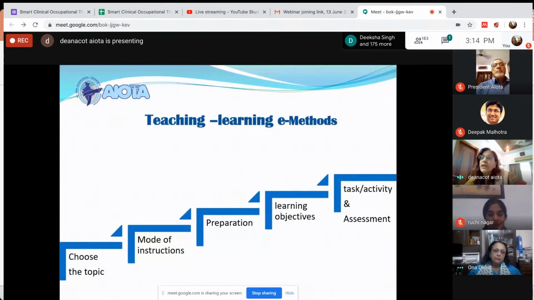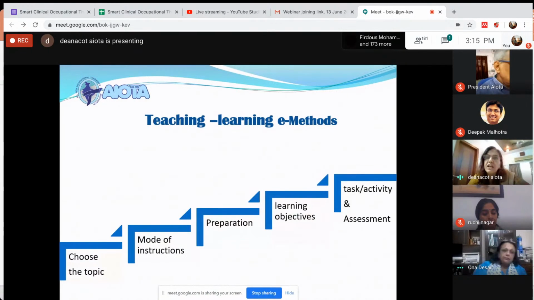And we have a proper stepwise program, like how it is to be done. First, you have to think, in the foundational skills, what topics you would like to choose, what mode of instruction or preparation you will use, what the learning objectives will be from the student's point of view, what task you will give, and how the assessment will be done, whether an internal exam, annual exam, or semester exam. So these are the different steps to be used when you are doing this